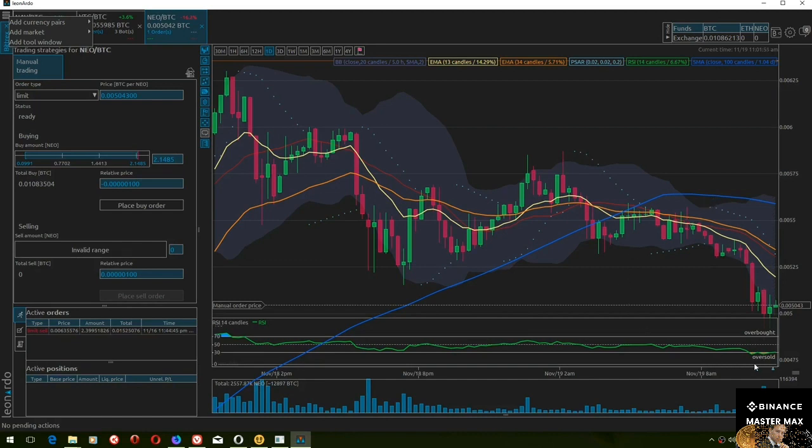And as you can see here, right now this would be a good investment, a good trade. So at this point, if I was to trade on this platform, it would be a good time to buy, because look, it's below the oversold line, although it doesn't want to break it, but it's below the 30 line, so that's a buying signal. The exponential moving average, the yellow line, is way below